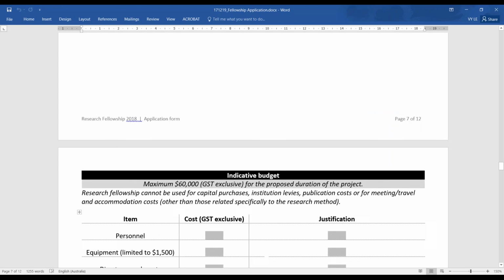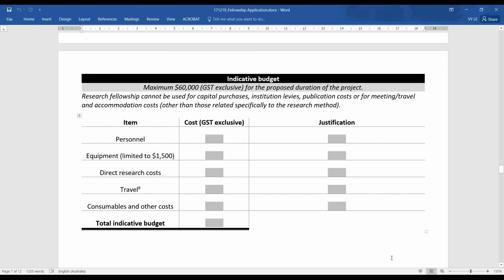So it's not just what personnel do you want, but what are they going to specifically do in the project. So you might employ a research assistant or a project manager at so many hours per week at such and such a cost, and you need to look at what those costs might be in your organisation or your university, plus on-costs, and why do you need that person? It's your study, why can't you collect the data? Or why can't you set up meetings? So have some